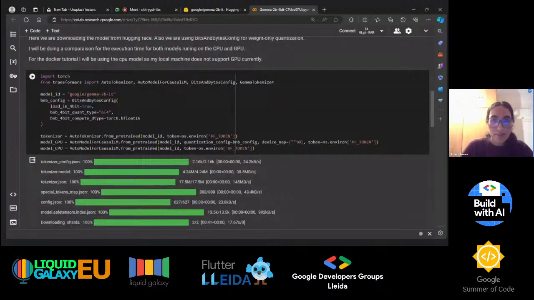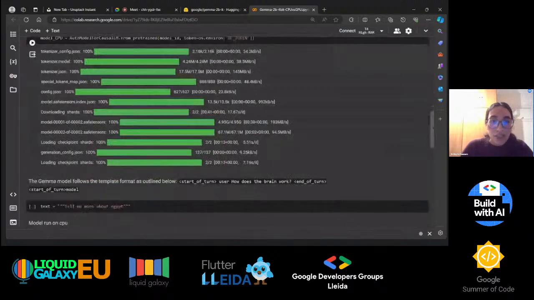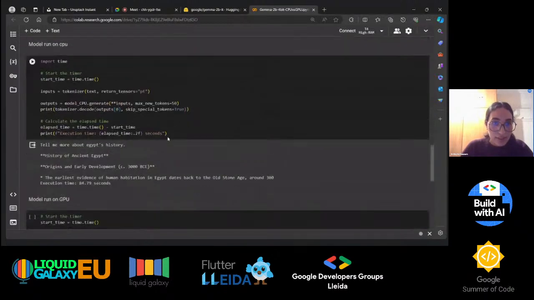This model doesn't have any fine tuning. It's just the model as it is. So it maybe takes some time to get executed because it's neither fine tuned nor optimized. But what I want you to see is